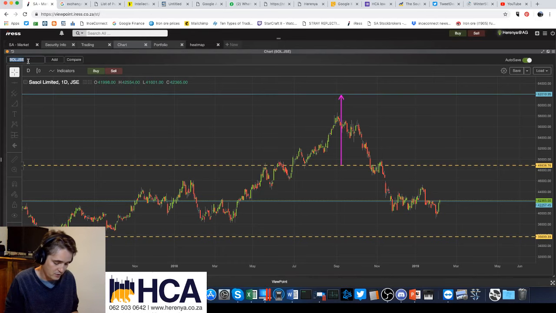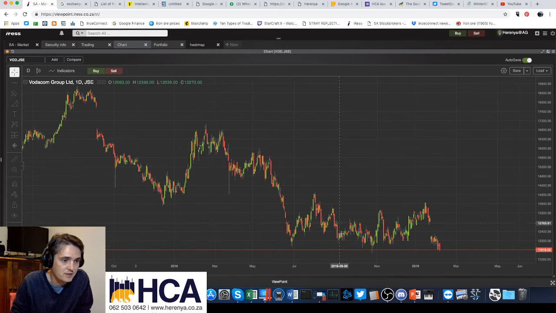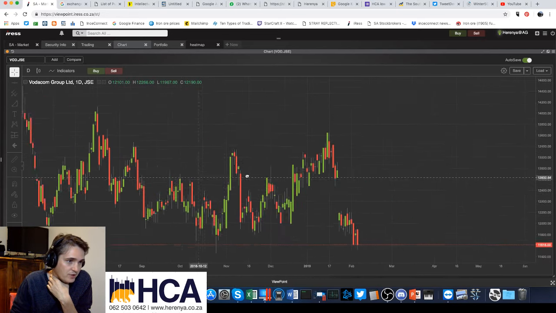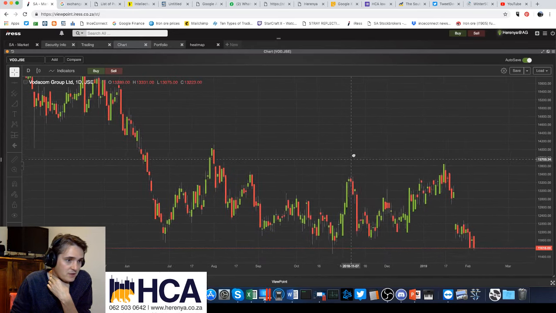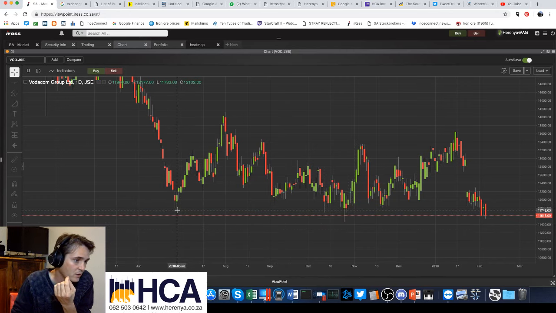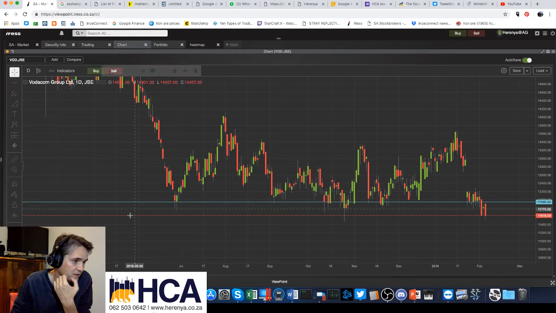There are a couple of cool ones. If we look at Vodacom, for example, this is a consolidation that it's been trading in for some time now as well. So first thing we need to do is identify the support and resistance levels, right? And if we use our fancy new methodology that we just learned, we're looking for support levels. One, is that a low bar or a low candle? It has higher lows, it has higher lows, so yes, we can put that as a level. We're going to put it on that closing line there.